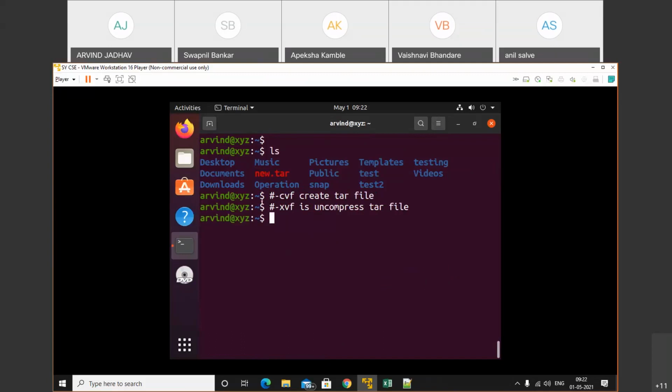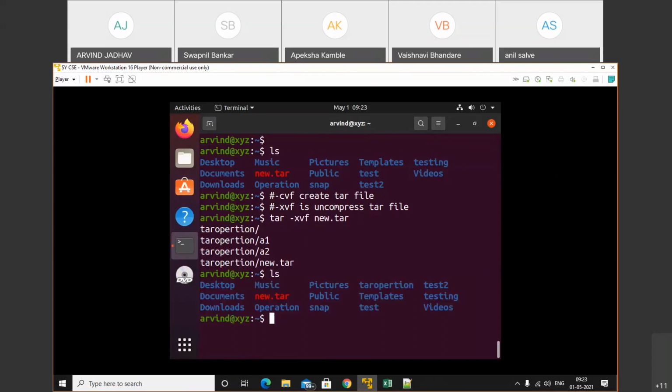CVF creates, X stands for extract, and extract uncompresses. Like in a RAR file, there is zip and unzip option. Similarly, to create, -cvf is used and to extract, -xvf is used. Let's do that. tar -xvf, the name of the file is new.tar. Successfully we did the operation.